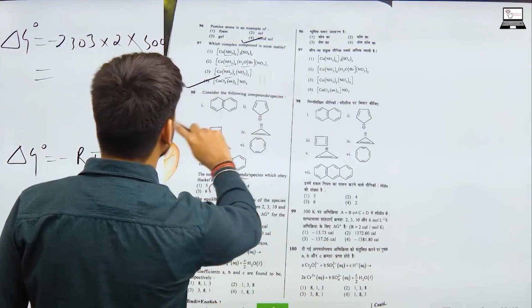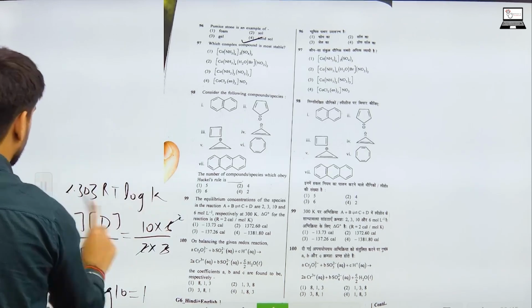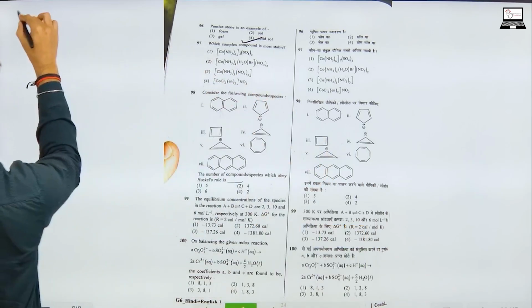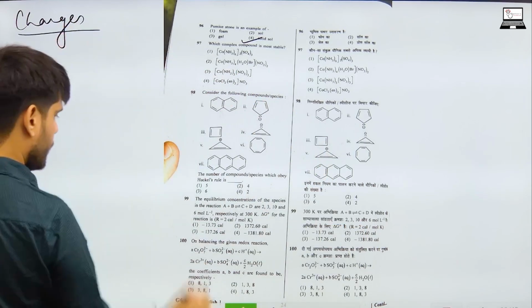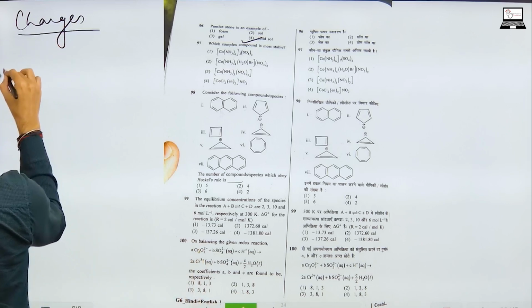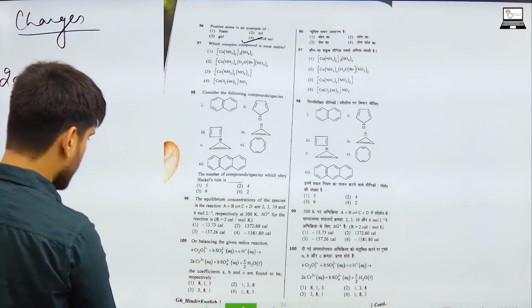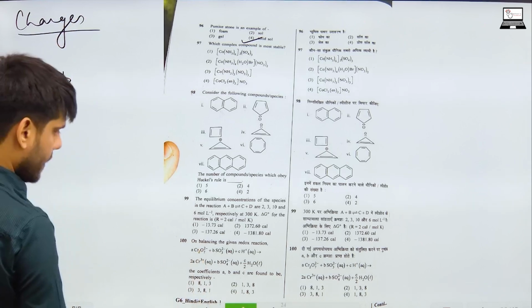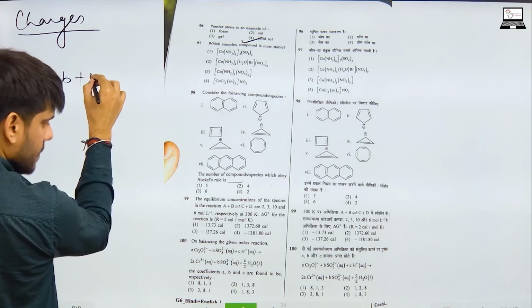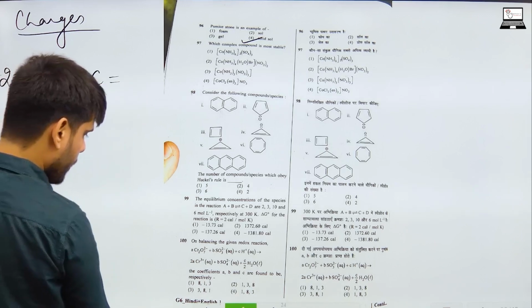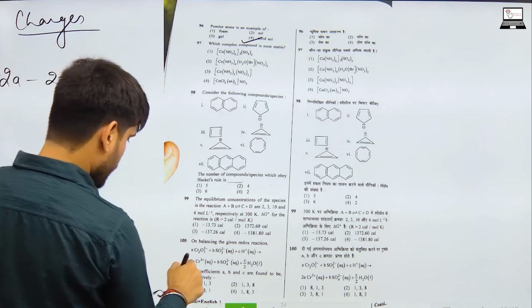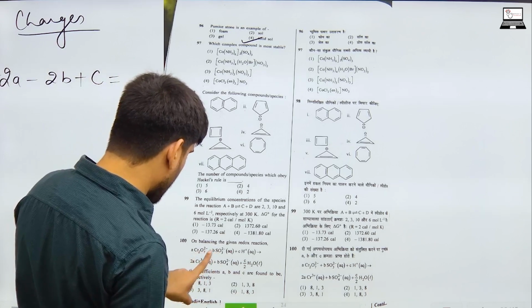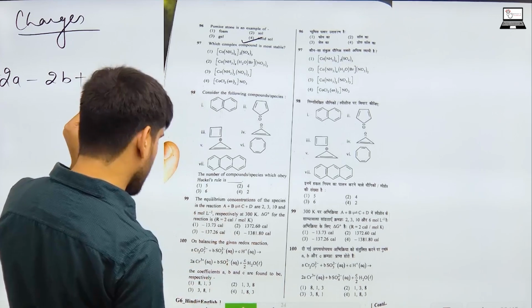The last question is regarding the balancing of the redox reaction. Now this is also very simple. Now see, we will try to balance the charges first. The charges will be balanced like this. So this will be 2a and minus 2b. So minus 2a minus 2b plus c is equal to